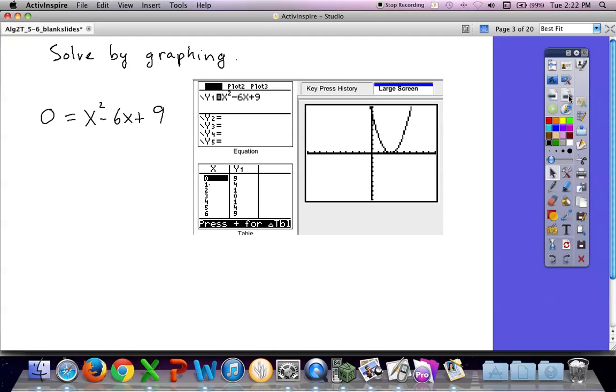How many times do you see it touching or crossing the x-axis here? It looks like it's just one time, right? It looks like it's coming down and it's touching the x-axis, and then it goes back in the same direction. Now, if you solved this by factoring, you would have said 0 equals, and then you would have found the two numbers whose product is 9 and the sum is -6,